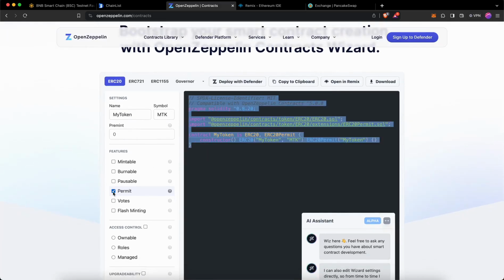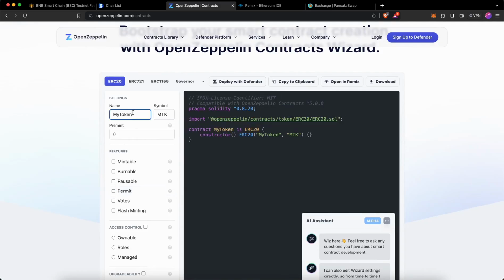And let's remove permit and rename our token to tutorial and symbol to TUT. And let's mint 1000 tokens. And we can copy this code